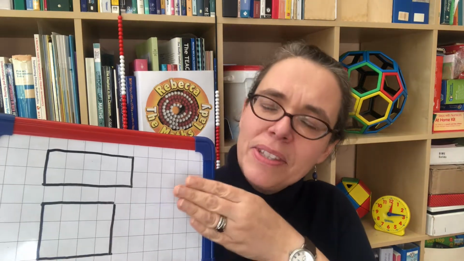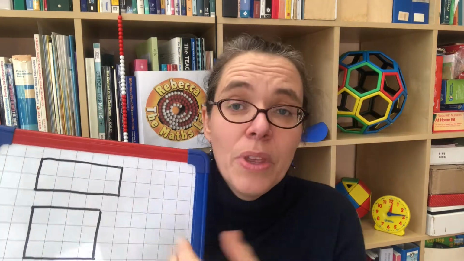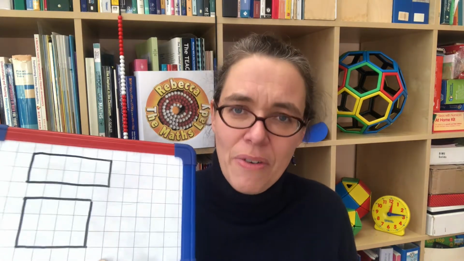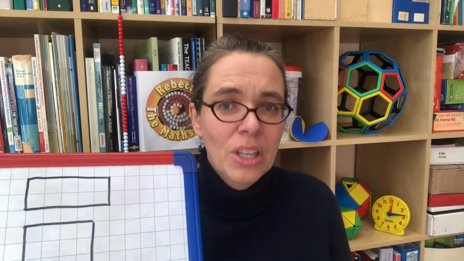An area is about the space that a shape covers. And we usually count area in squares. We could count it in triangles or hexagons or any shape that tessellates and covers space with no gaps. But squares are so much easier to see. And the squares we use are usually centimetre squares or metre squares, or for very large areas, kilometre squares. But it's nice to talk about some other measures of area like acres or square inches or anything like that that children might come across in real life